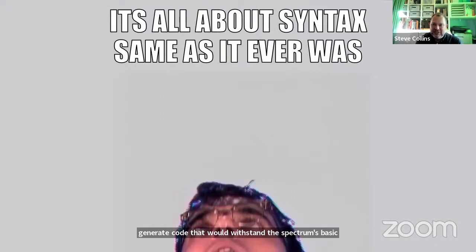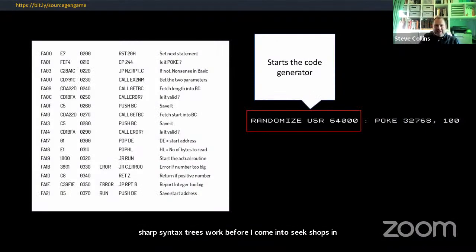However, in the case of source generators, the input is code that someone has written. So to work with this, you have to understand how C# syntax trees work. But before I go into the C# syntax trees, let's go back to the Spectrum code that I showed you earlier that I did in DataBanker.